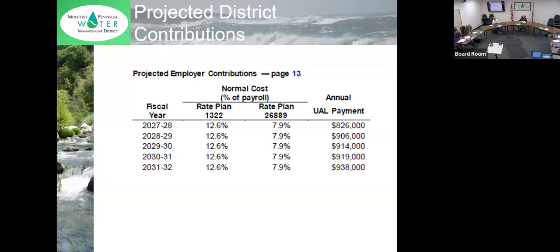So if every entity like ours that is a PERS member is paying this, why is it growing? I'm just trying to understand, you hear a lot about it, and I'm sorry to take time in this meeting, but I'm happy to have the opportunity to understand it better. It seems like we're paying on this liability. Is it just a question of not being able to catch up because it's growing, or what?